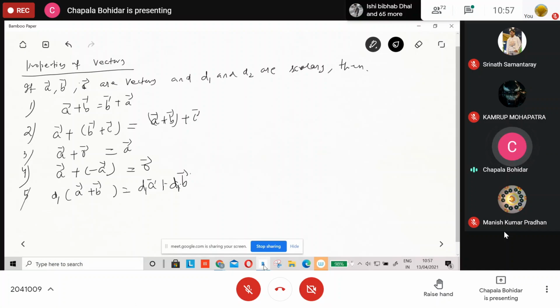Then sixth, if you add two scalars and multiply by a vector, say A, then we can write D1 plus D2 times A vector. Both are vectors. Then here the seventh condition, if you multiply both scalars D1, D2,